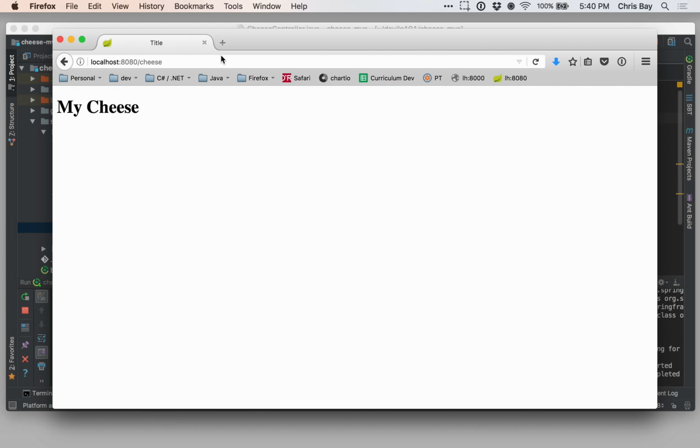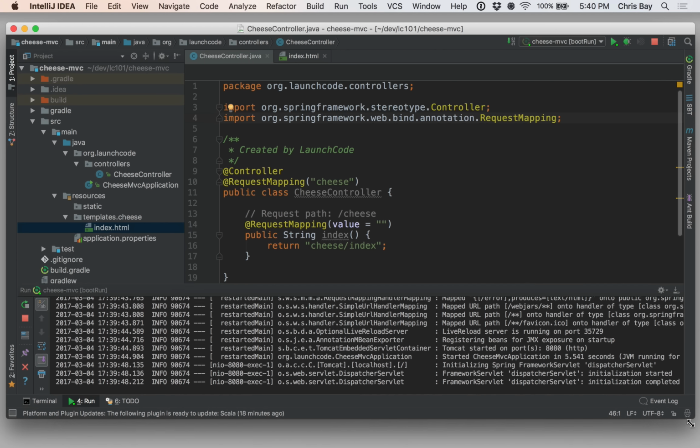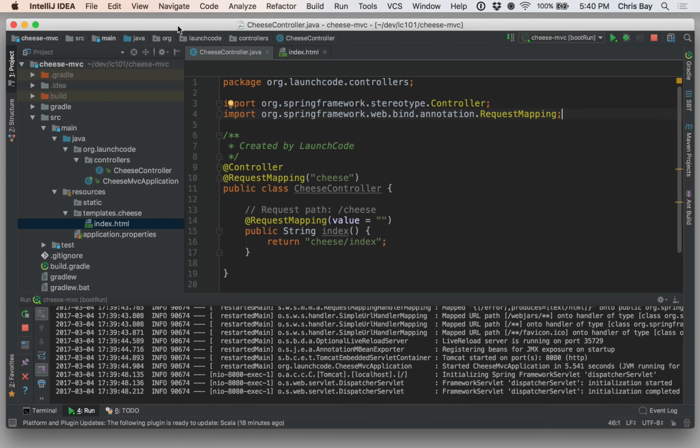Okay, so again, good habit to use a request mapping annotation on your controller, not only on each individual handler, but on the controller to say that each controller corresponds to a specific base URL segment. And it's a good thing to similarly organize your templates into separate files as well. Okay. Now, one thing about working with templates that's a little bit better than working with controllers is that